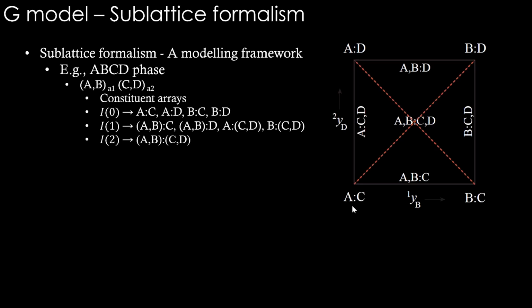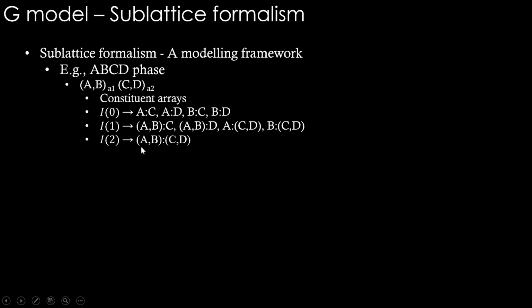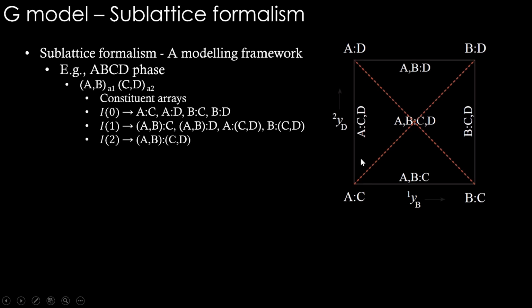This is the ABCD phase. ABCD, this is how the sublattices are, and constituent arrays are written like this. In order to understand this, we can visually see some composition space of these different things. If you see the corners, they are all of this particular first constituent array, where you see AC in this corner, and this corner is AD, and from here to here when we go, what happens is AC becomes AD, therefore in the second sublattice C is replaced by D.